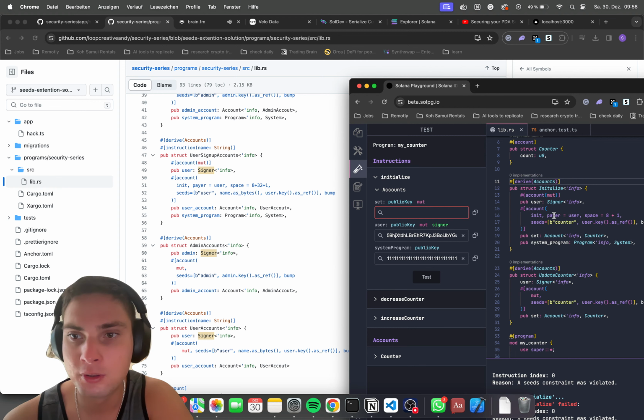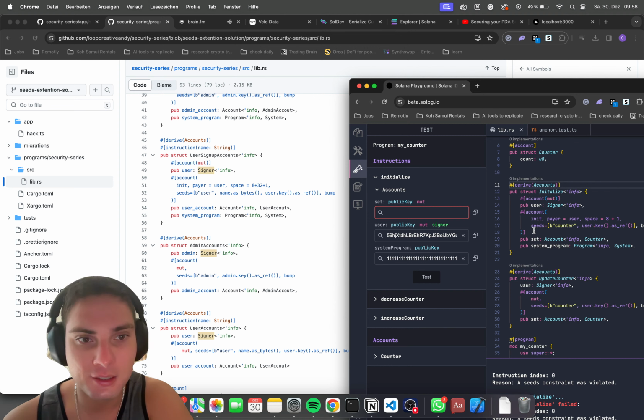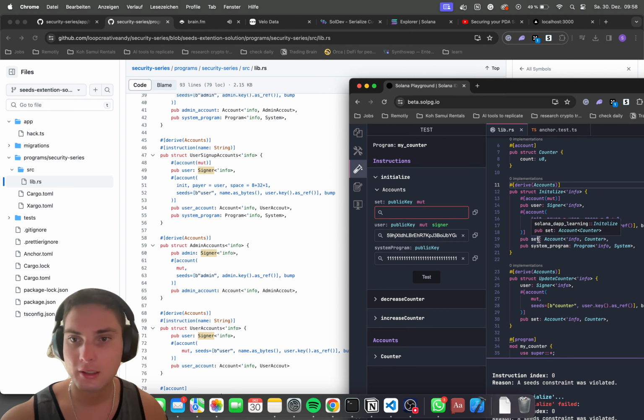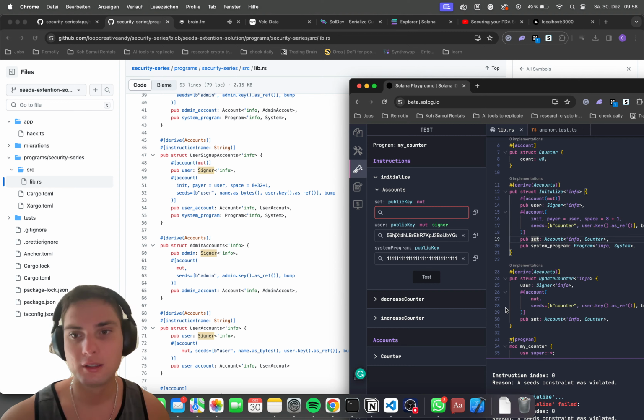We have the account initializing, the payer is the user, the space is fine as well, and the seeds are counter. We don't need the name bytes. User key as reference. The user account, or for us the counter account has